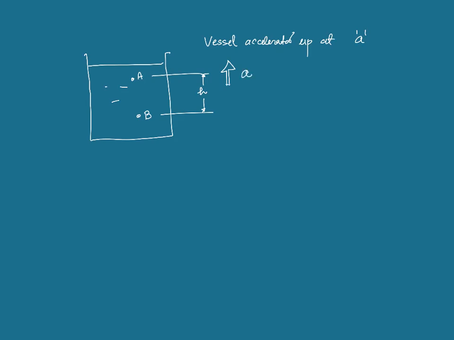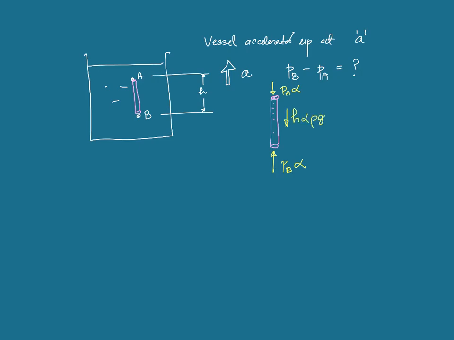So you have to find PB minus PA. PB minus PA is how much? Either you can solve from the frame of the vessel or the ground frame. So first you have to consider a cylinder which no one else than you can see because it is made up of the liquid. So the forces are PA times the cross section alpha, and PB times alpha, and the weight is